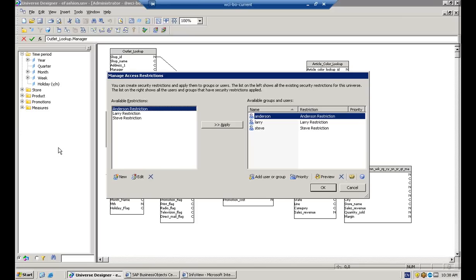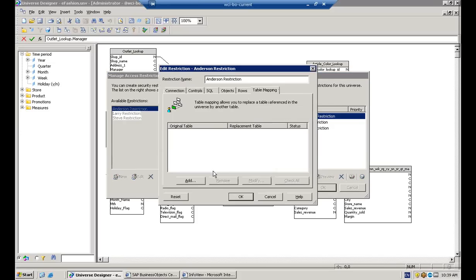Okay? So what I've done here is I've already set up 3 restrictions and 3 users in order to achieve row-level security. Here we have Anderson, Larry, and Steve restrictions. These are sales managers within this universe called eFashion. We're restricting them to only look at their specific data based on them being a sales manager. That's going to make sense a little bit later when we run a report that has that information for them. Okay? So under Anderson, if I click on Edit here,